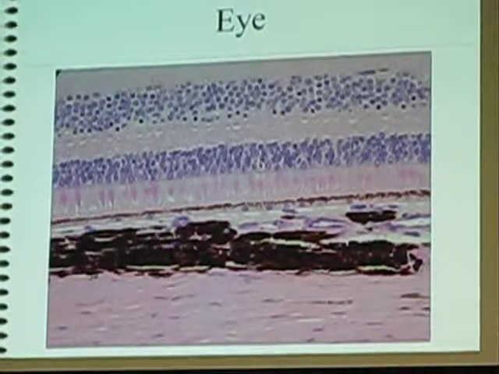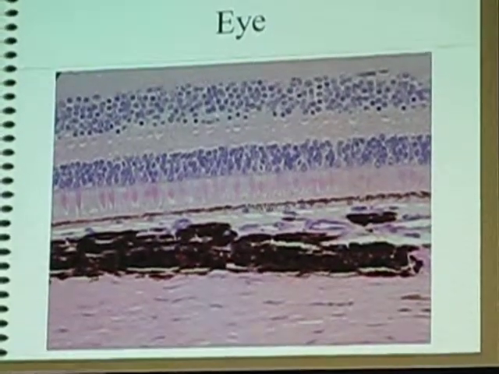And that's it. And those are all labeled for you except for the rectus muscle. That's the only part that's not